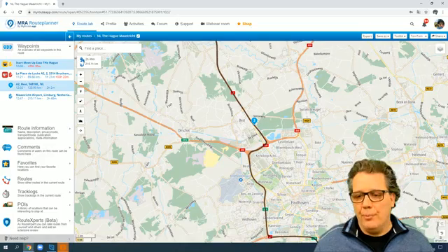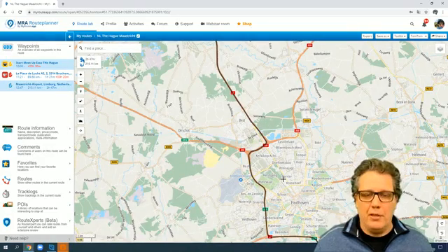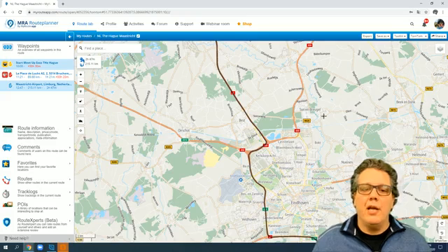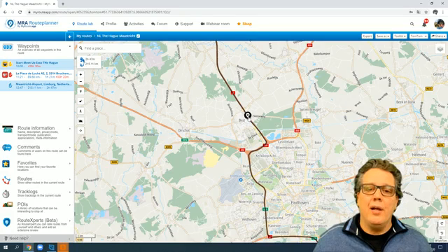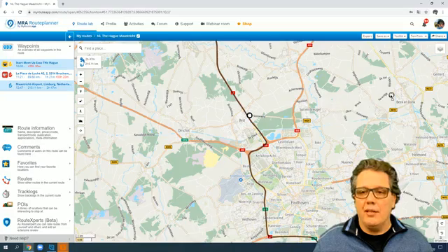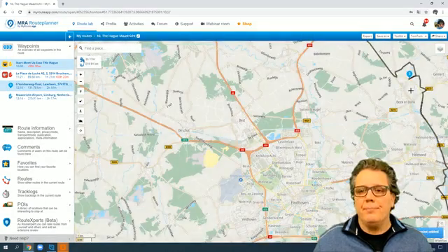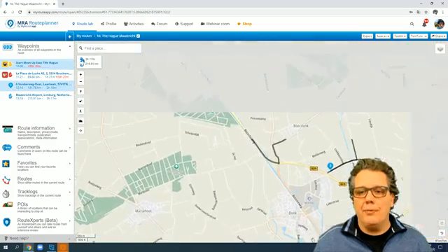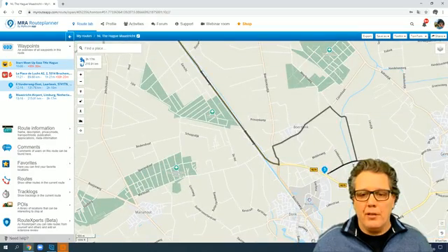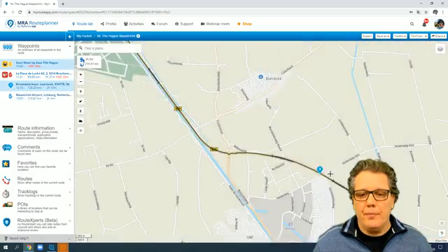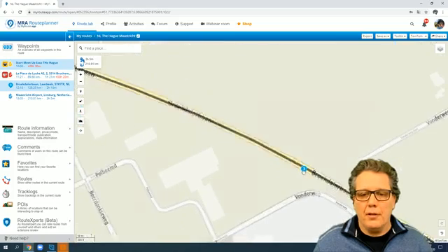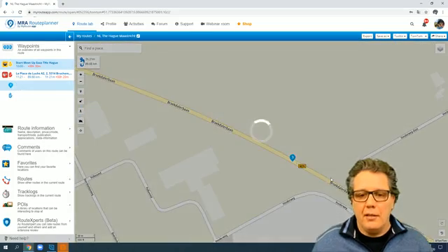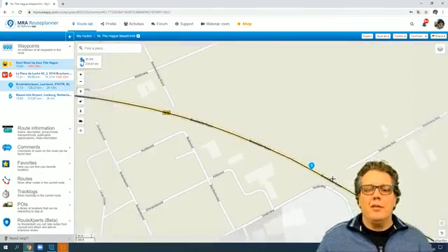So I'll remove this waypoint. I can do it by undoing or by pressing delete. But I can also go over the line now, press my plus button and hold it a bit, and then drag it and drop the waypoint somewhere over there. And if I do that a little bit more carefully and put it directly where I want it to be, on the yellow line of the N279, you can see that my